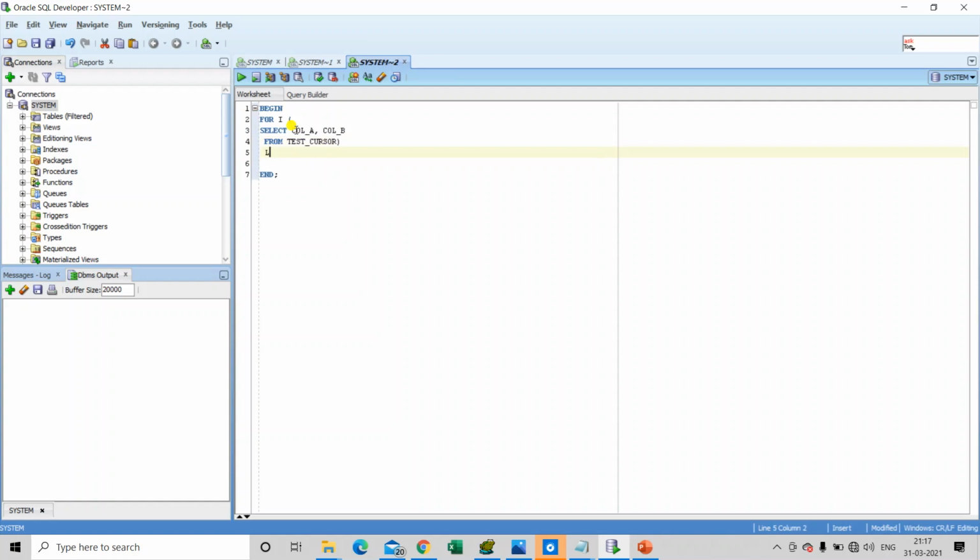This is the query. Then we will use the loop and end loop to iterate over the records returned by the SQL query. And inside the loop and end loop, we can write our business logic. In this case, I will be writing the dbms_output command as earlier to print the records returned by the SQL query.